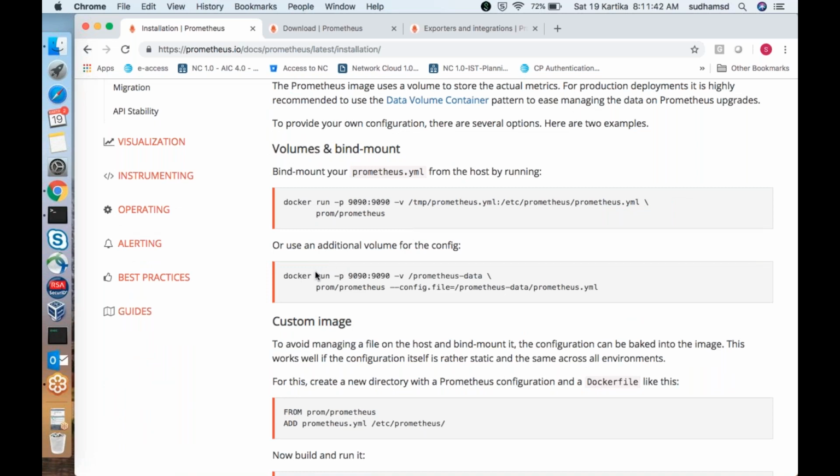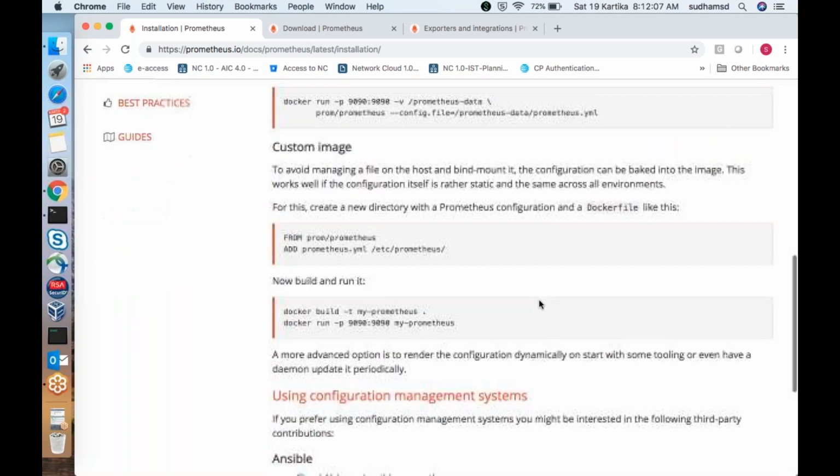So what we can do is create a container of Prometheus that you can expose. You can see here, Prometheus will be running on port number 9090. So on the physical server, he is trying to expose this particular Prometheus. The only thing he is trying to do is mount the prometheus.yaml file to the container. That is how it is.